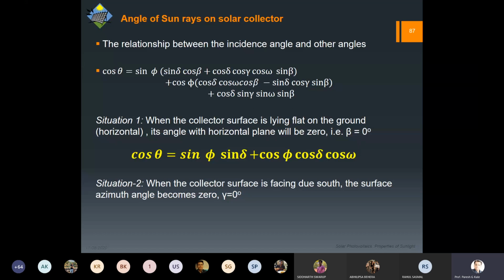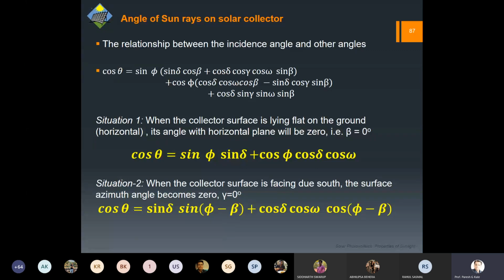So when the collector is facing due south, the azimuth angle, I think last time I said that in one of the slides I marked azimuth angle as alpha. Actually, it should be gamma. I have made the correction, so when you get the slides, you will get them with that correction. So the azimuth angle is the rotation, right? As now we are using this symmetry and making it due south, the gamma becomes 0, and then this is the expression that we can have. Please note down the second expression, which is for situation 2. We will be using that expression in the slides to come.